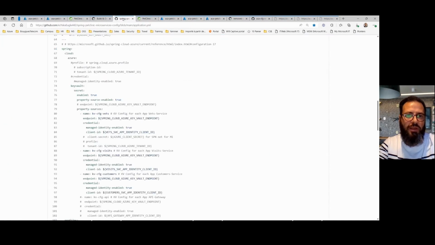So I can show quickly here. So this is, yes, the config repo which is used with my application.yaml, and basically it stores all the required configurations to integrate with Key Vault and to store the MySQL connection string.